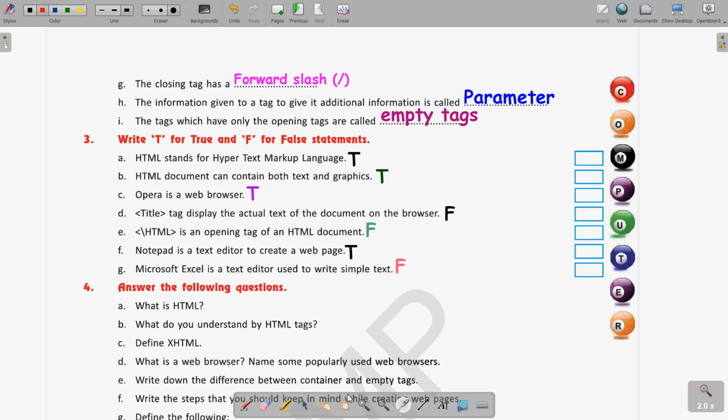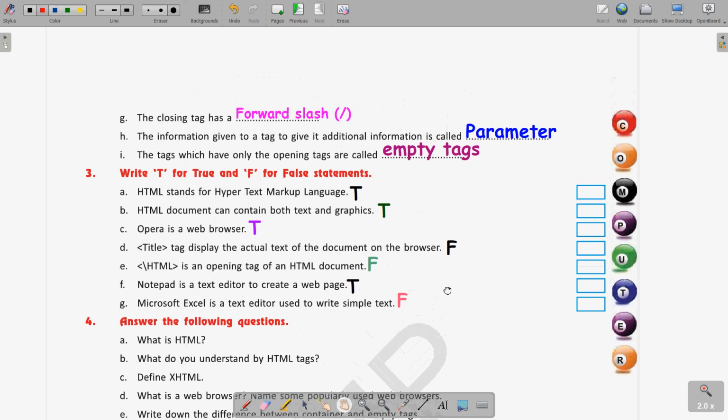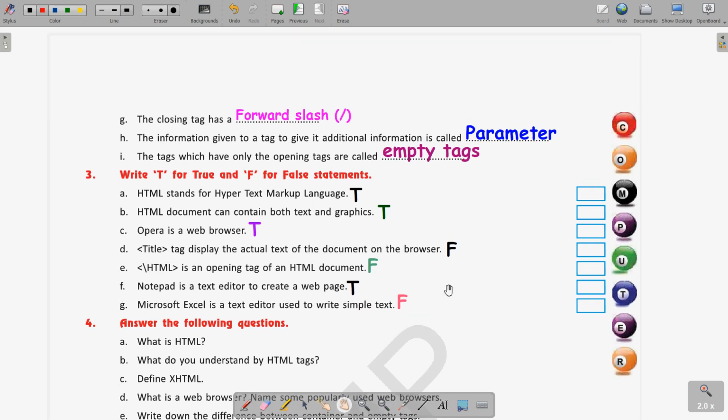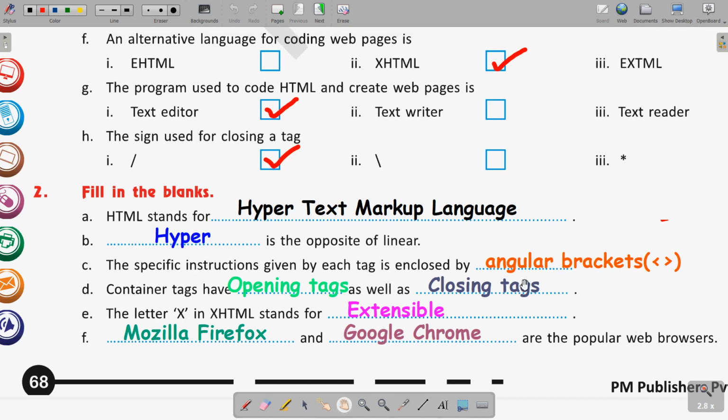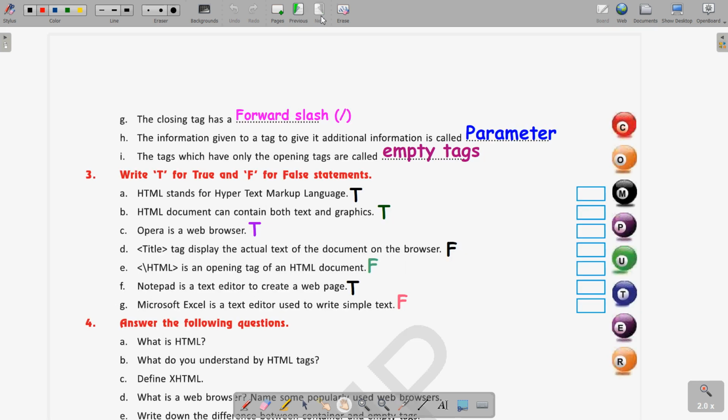Okay, so I hope you have written these answers. You can write from here or you can take the screenshot or you can pause it. Earlier, a few of the fill in the blanks were on the previous page. You can pause the video for a moment so that if you have not written, you can note it down in your books. Now coming to the next question, that is, answer the following questions. So let us discuss these questions now.